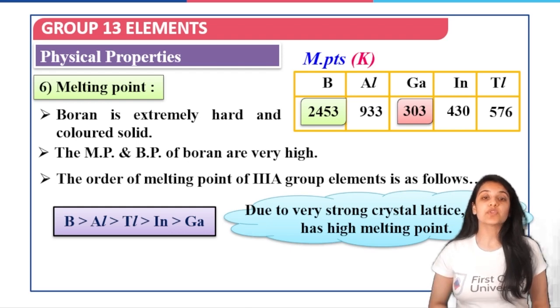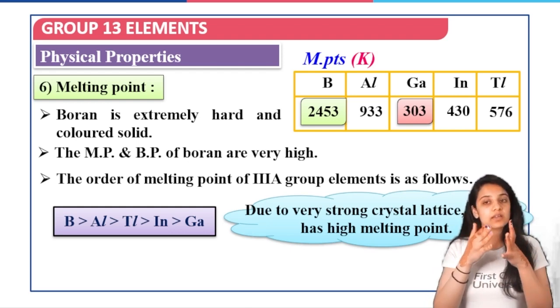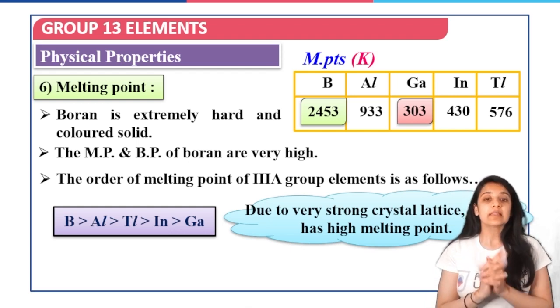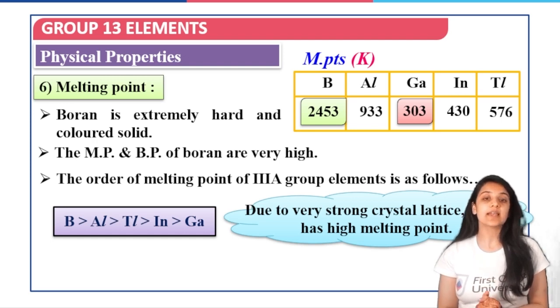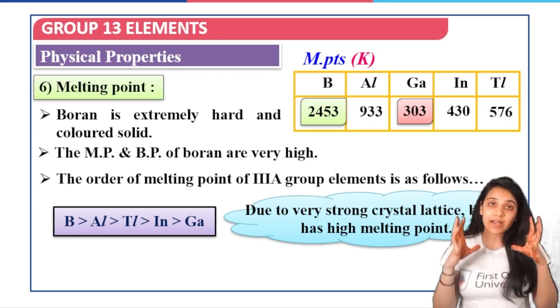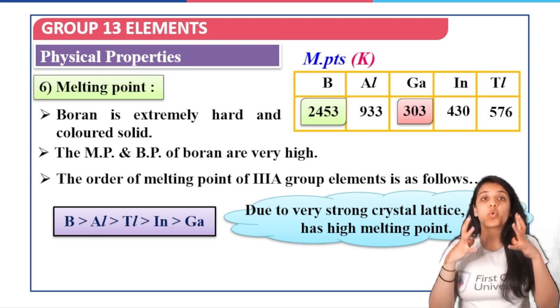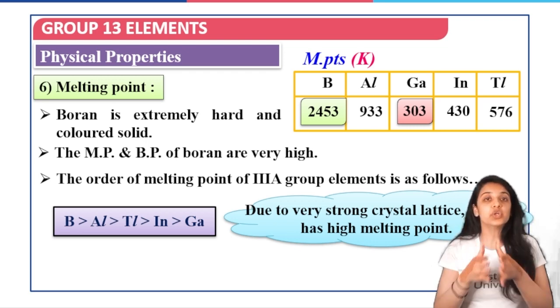So that is because of the strong... So why do we have these exceptions that are being observed? That is due to strong crystal lattice. Boron is having a high melting point. The crystal lattice being formed is so strong, it is so hard that it is very difficult to break the